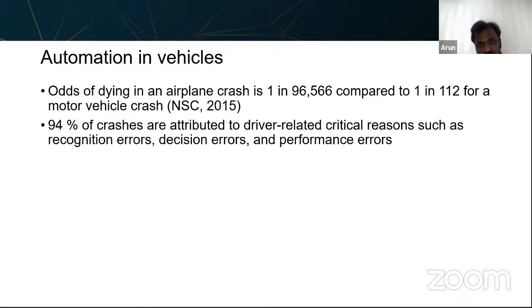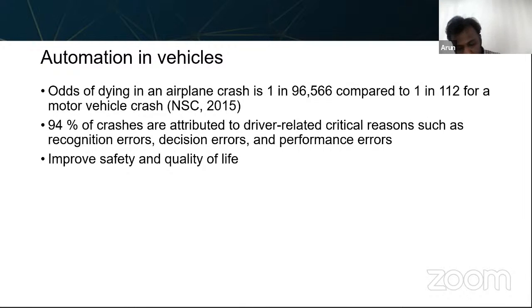Yes, humans do make mistakes. Their systems are designed to make mistakes, so they will do that. Another statistic from the Indian context, which I figured out: in 2018, almost 151,000 fatalities were reported from road accidents alone. So considering all this, what the automotive OEMs are thinking is that maybe automation is a good solution to reduce accidents or to save lives.